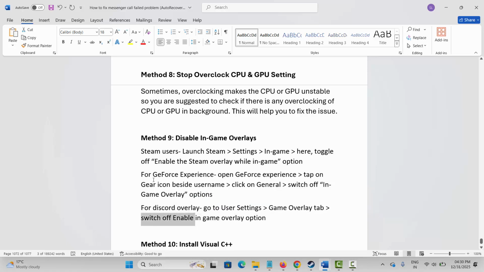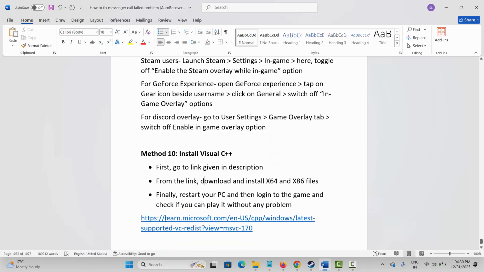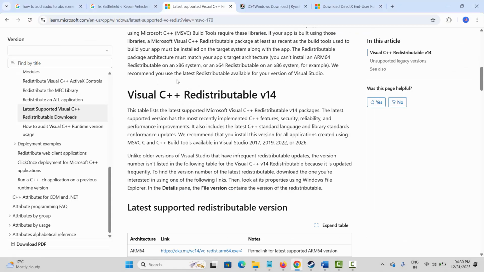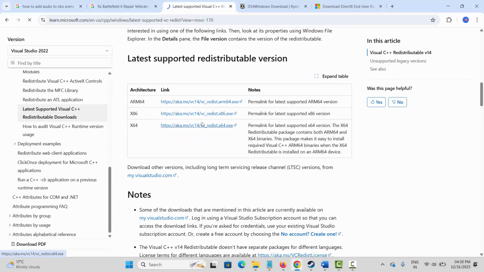Next solution is to install Visual C++ files. For that, I have already given this link in the description. Just copy and paste it in your browser. Now after the website opens, go below. From here you have to click on the link to download,